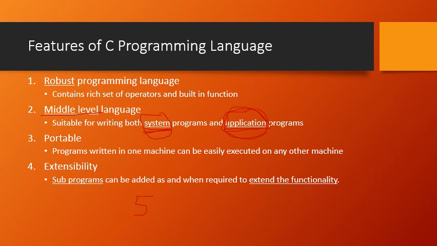Say the customer starts using that particular software, and later says that he wants to add a few more functionalities to it. For example, he wants to add 2 more functions. This means extension of the functionality has to be done, or certain existing functions have to be modified. You want to do certain maintenance of this software, either by modifying certain existing functions or by adding new functions into the software. In order to do this task, extensibility is needed.